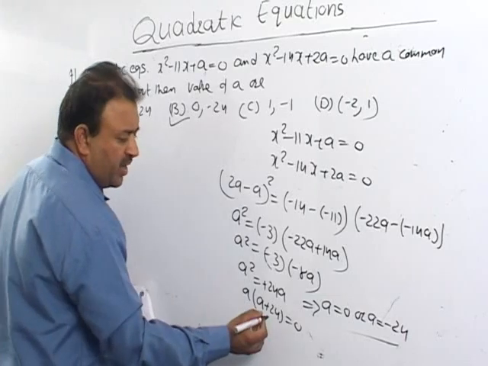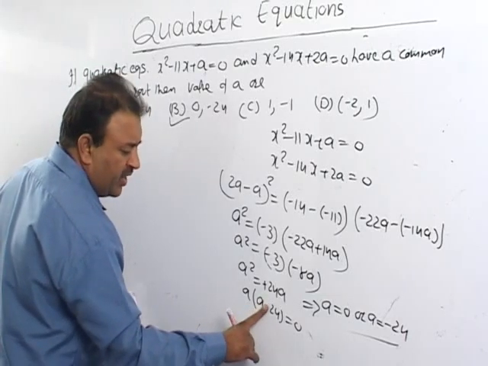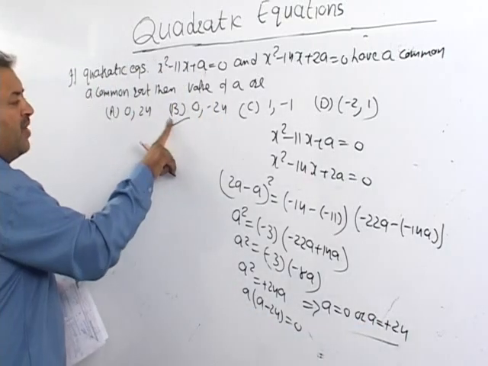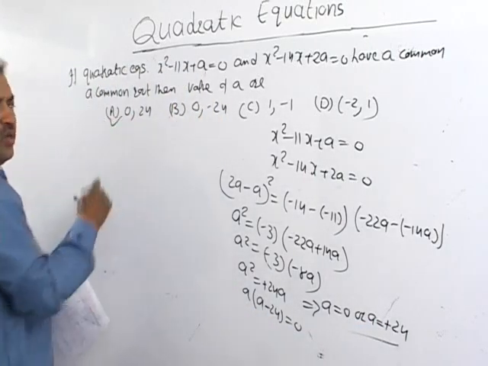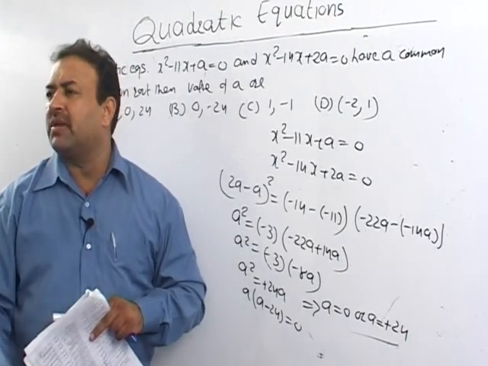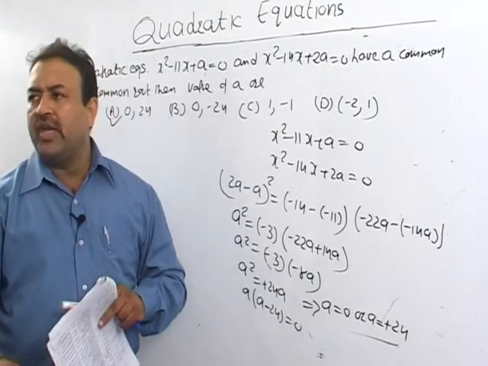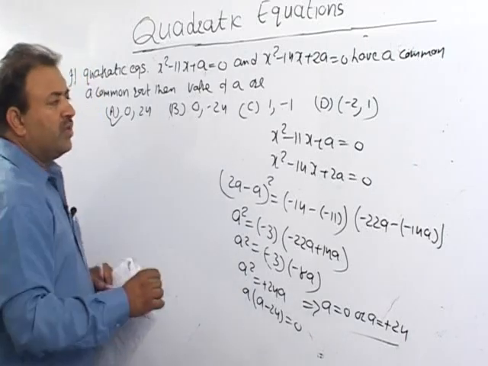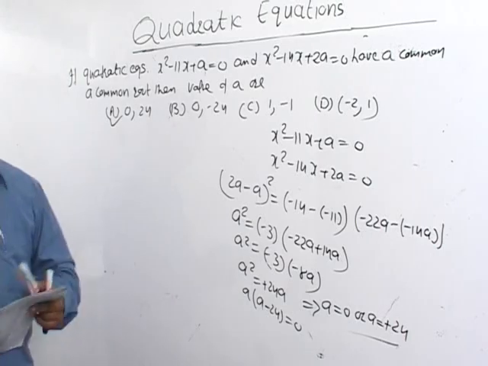See, we got here, it means a minus 24. So right option is not B1, it is A. If we do a silly mistake, we will see if that option has been given in our answer. So we have no scope, we can't make even a silly mistake over here. So next problem on common root is,